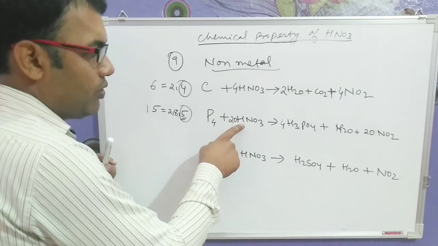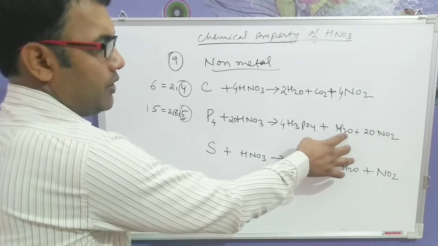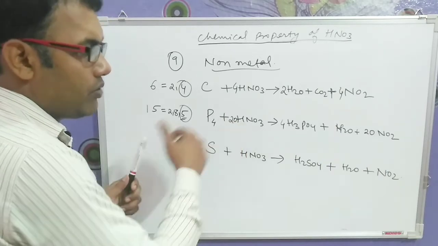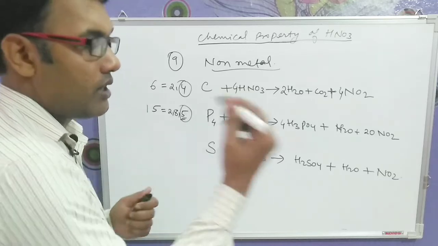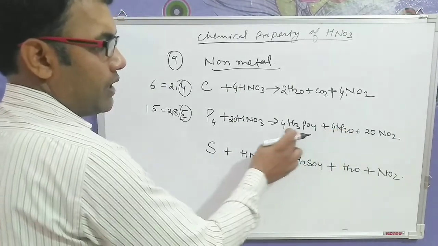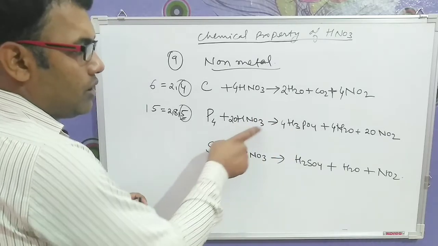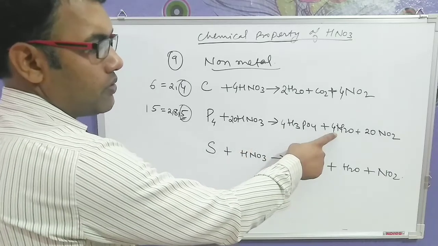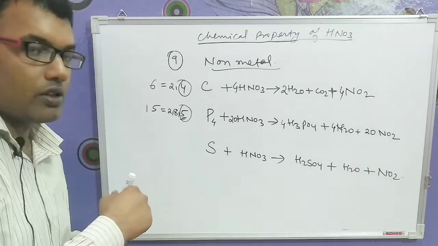Now coming to hydrogen. So how many hydrogen? 4 3s are 12. 12 and 2, 14 is there, but here how many hydrogen is there? 20 hydrogen is there. So 4 3s are 12. In 12, how much you have to add? You have to add 8. So I'll multiply here with 4. So 4 2s are 8. 8 plus 12, 20. So your hydrogen is also balanced. Now coming to oxygen. 20 3s are 60. 4 4s are 16. 16 plus 4, 20. 20 and 4, 60. So your second equation is also balanced.